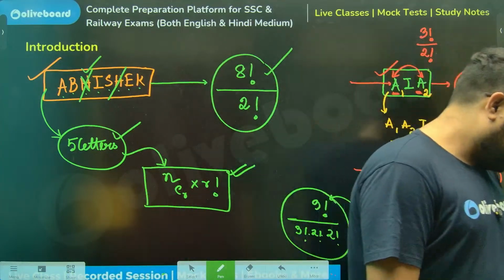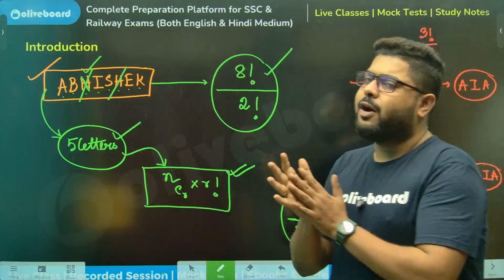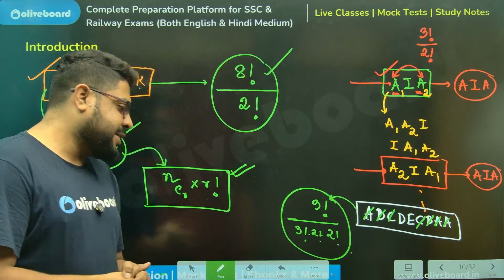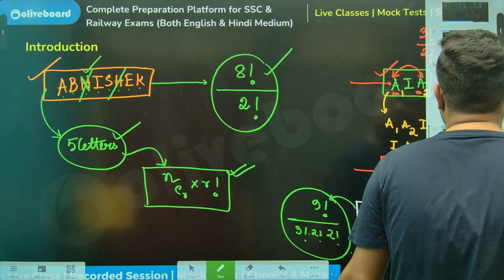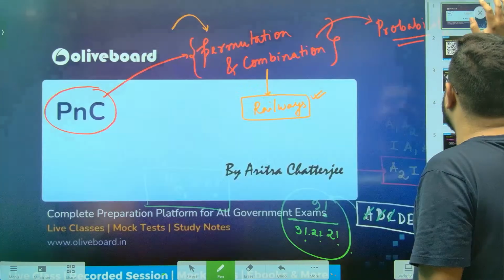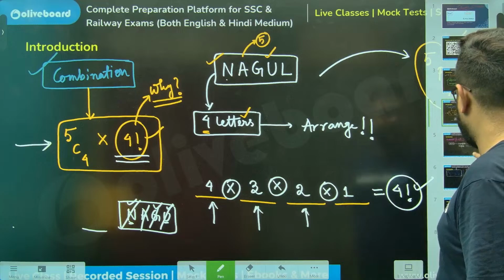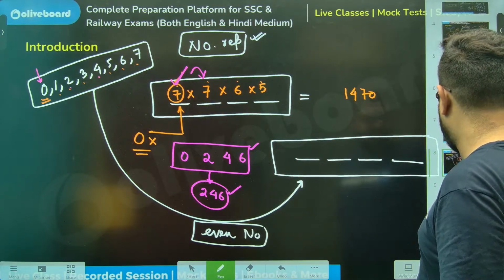Now, don't worry. This is just the tip of the iceberg. This is just our first class on PNC, permutation and combination. For the YouTube audience, this first class is free only; this is part of the paid batch. We have done a significant, substantial part today. बहुत कुछ किया हमने.